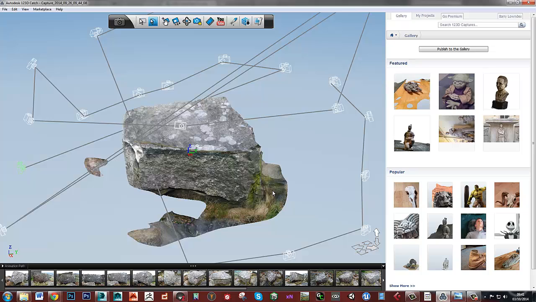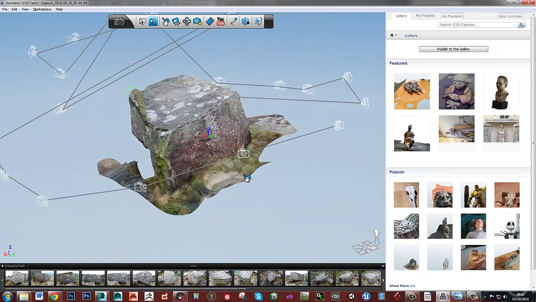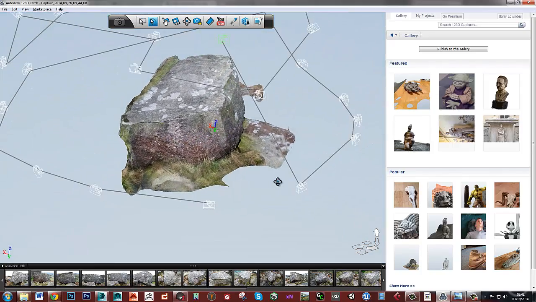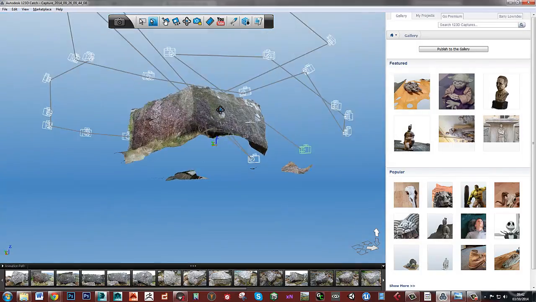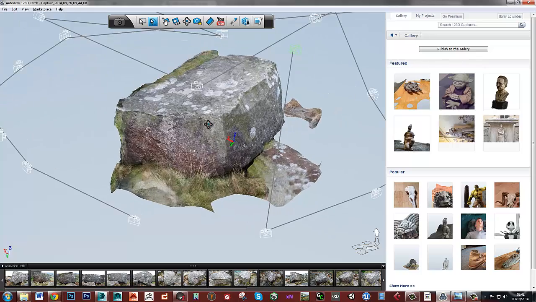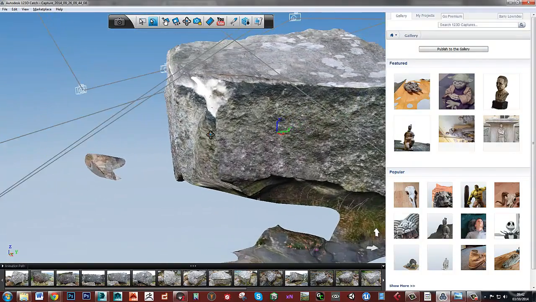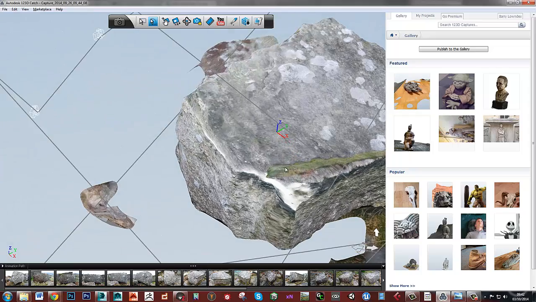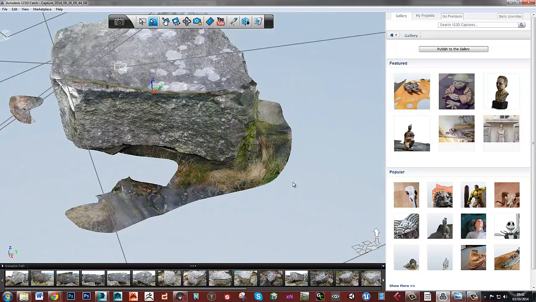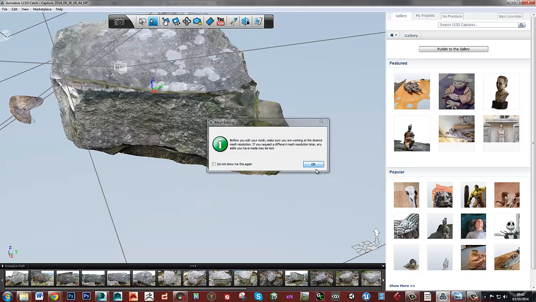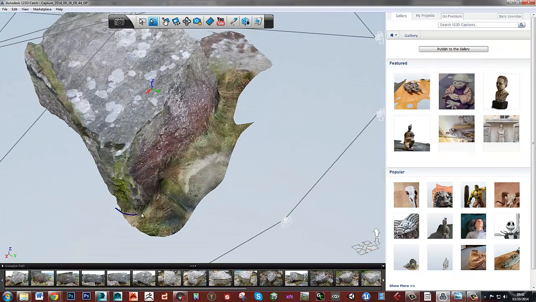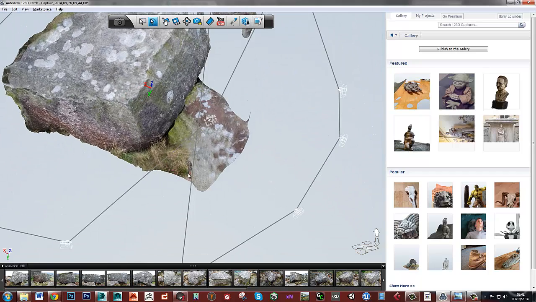Then I've loaded it into 123D Catch. This is what I got from that. It automatically created this just by loading the photos in. Now you need to do some cleanup on this. There's areas like this that have obviously come out really badly. I'm not going to go through how to clean that up because there are tutorials on the 123D Catch website. Once you've done that, you're going to want to chop out anything with this lasso tool so that